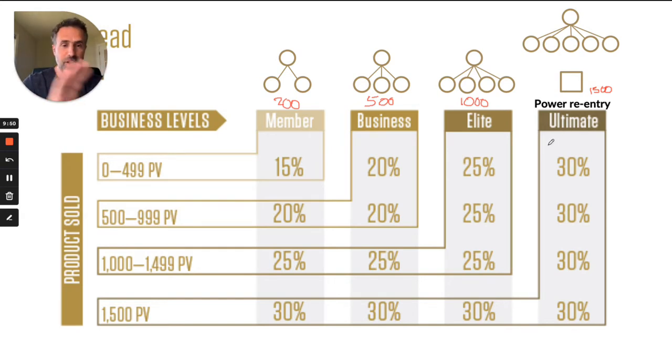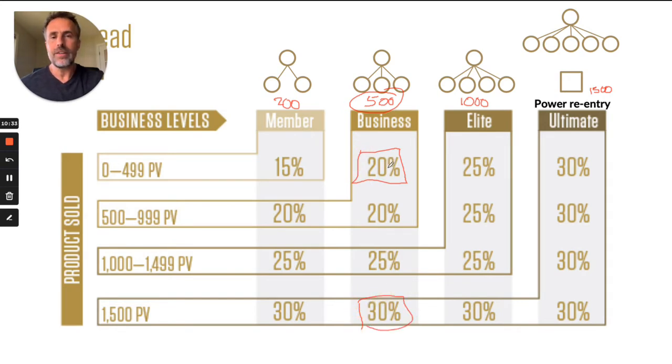Okay, you're done. You've got your title. You don't have to maintain anything else besides your regular qualification every 4 weeks. You don't have to produce this much volume every month or every week. It's done for life. So anytime, if you are qualified, let's say at the business level, and you enroll a new person, a customer or a new brand partner, they're going to create volume themselves in their first 4 weeks in the business. Whatever they create in those first 4 weeks, you're going to earn a minimum of 20% all the time, up to 30%.